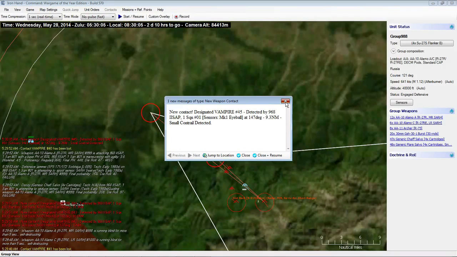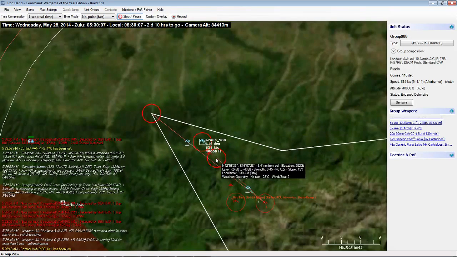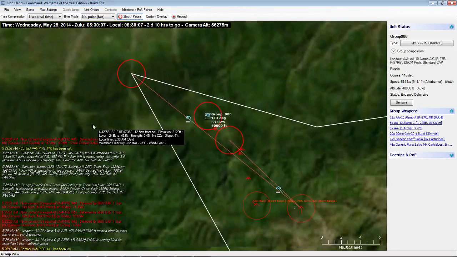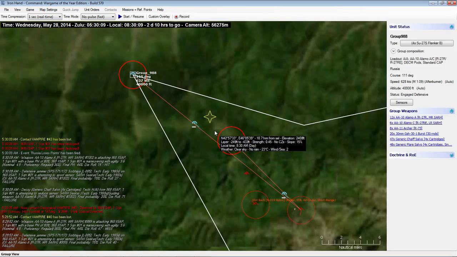So again, more and more missiles. This is becoming fast and furious. These don't have to pop up this way either. You can turn off these notifications so you don't get a notification every time a missile shows up. And we have now lost a fighter air... Whoa. So we've now lost one of our